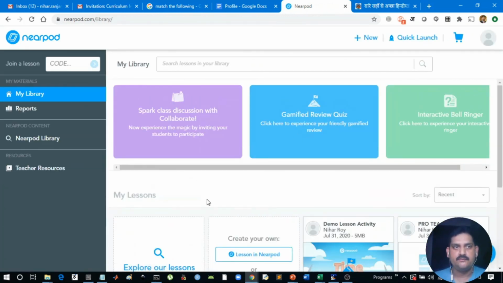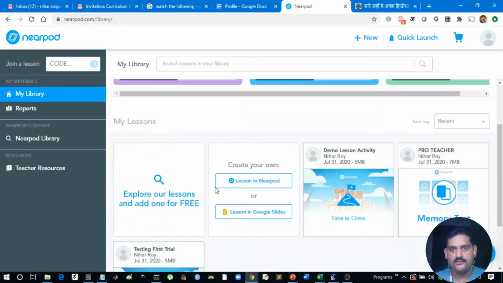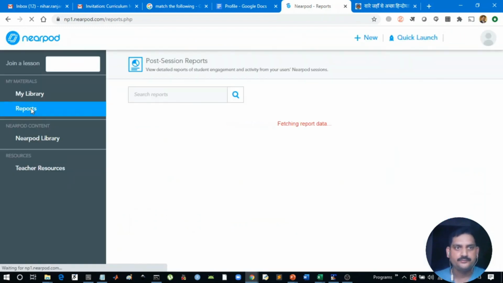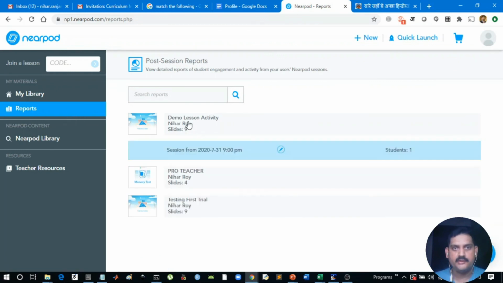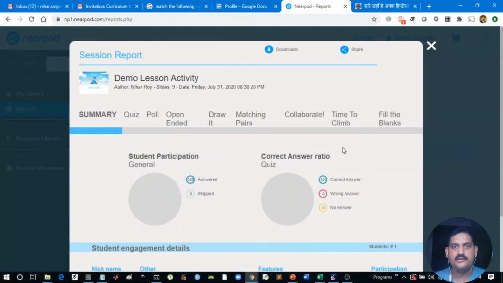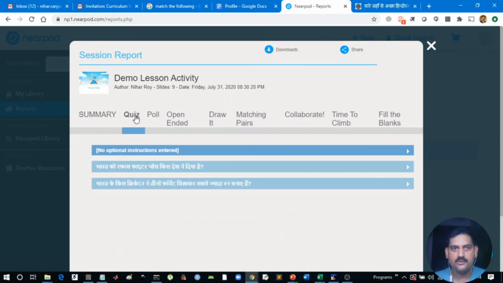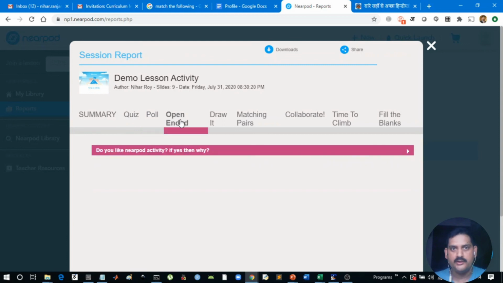Now it will give you this screen. This is my demo activity that I have done. Let me see where is the report. The report is also available here. Click here. So demo report, activity slides. You can see the individual reports of the activities. Summary. What is the summary? Result of the poll. Result of the open-ended questions.